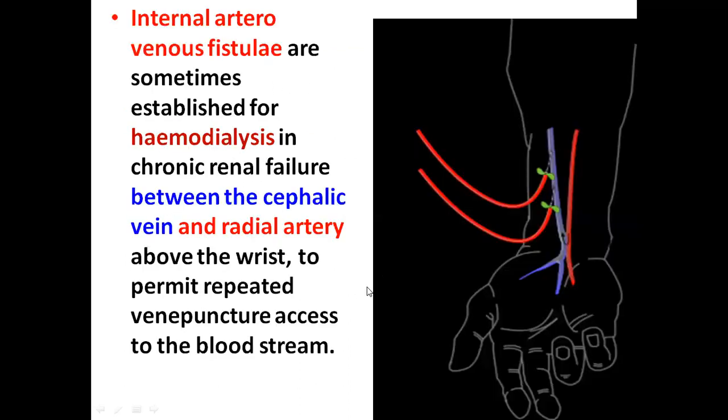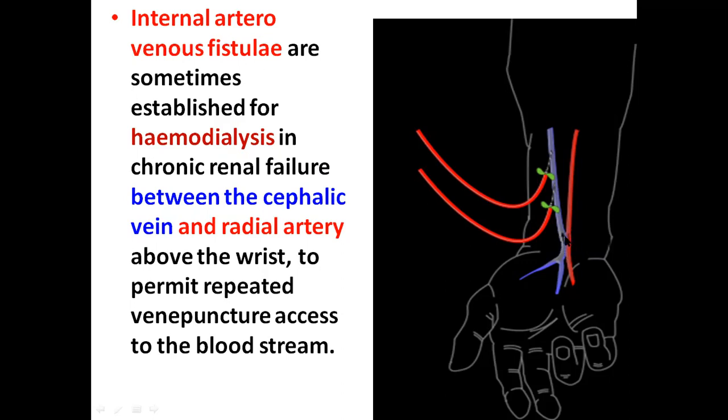The other thing we should know is there are certain clinical conditions where we need to connect artery and vein in order to do certain treatment procedures. Generally, in case of renal failure, we undertake a procedure called hemodialysis. You must have heard in common language, the patient is on dialysis, kidneys are no more functioning. Medically we use the word hemodialysis. To do hemodialysis, generally a connection is made between an artery and vein. That is called arteriovenous fistulae.